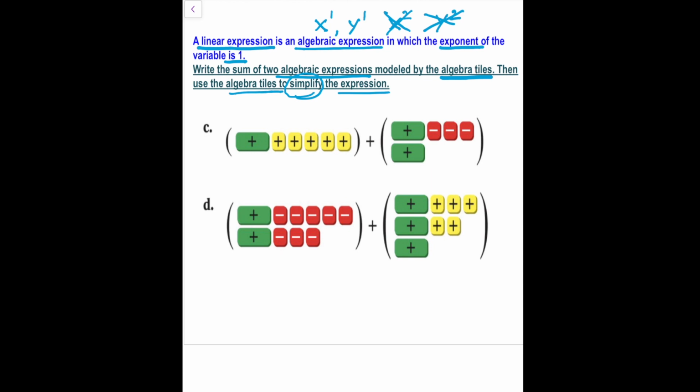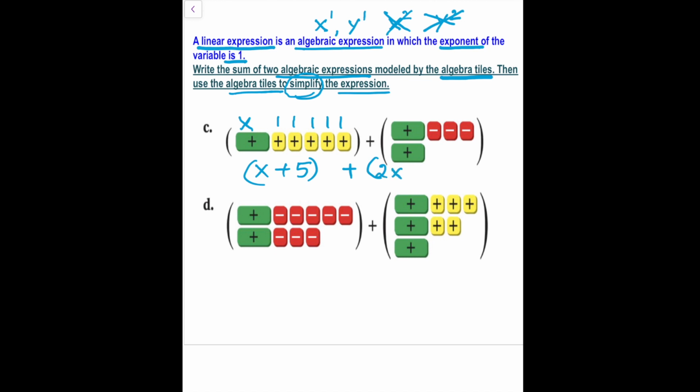So let's see what algebraic expression is modeled by the first algebra tile. You can see there is an x, 1x, and there are positive 1, positive 1, positive 1, positive 1, and positive 1. So that will make x plus 5. That's the first expression. And we are going to add that to, let's look at the second expression modeled by